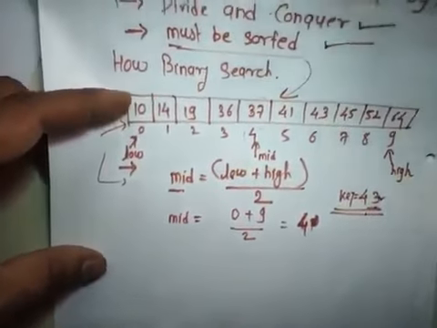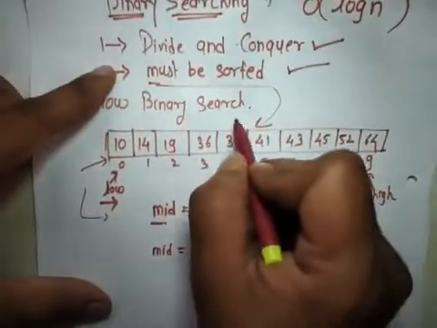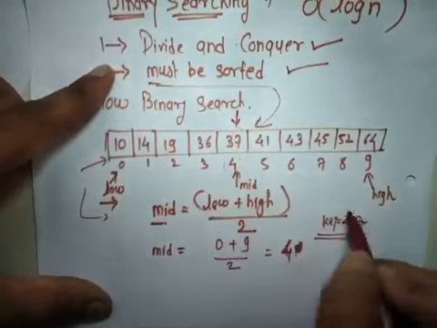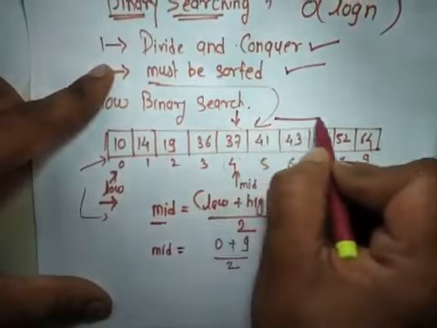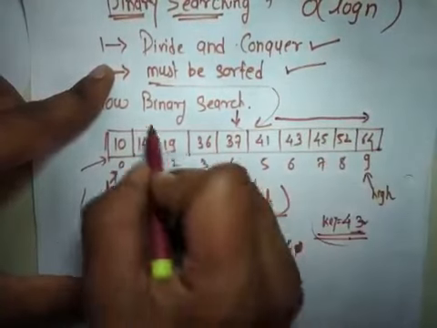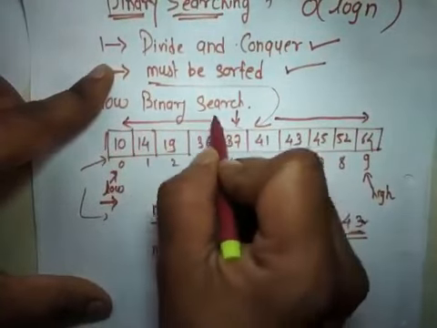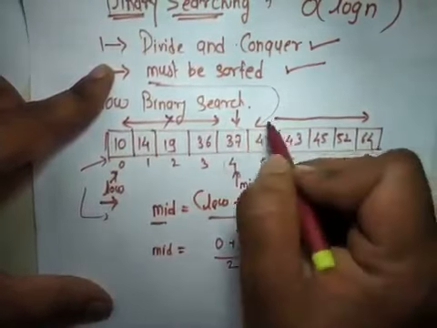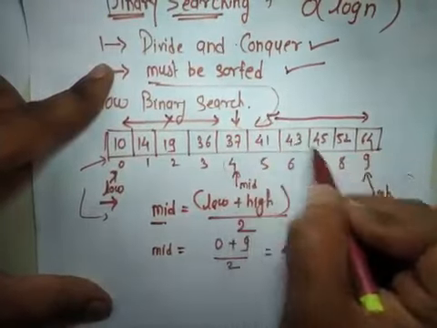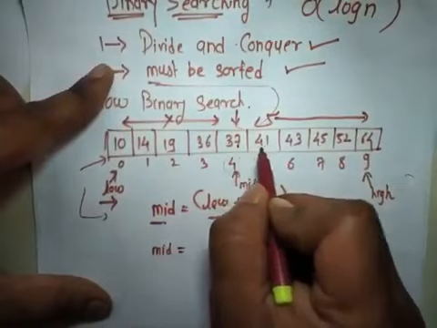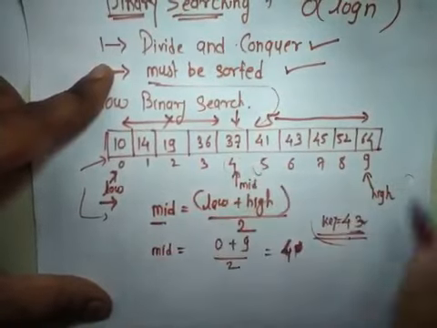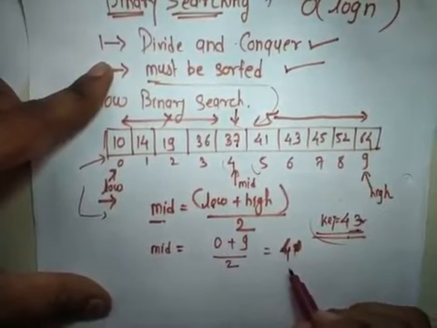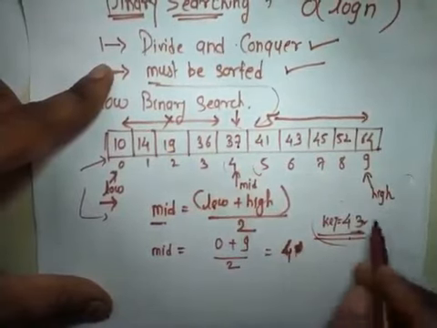So now what we are going to do is cut this: we are going to search for this key in the second half of the array. We are not worrying about this first half. We are only going to search for this key above index number 5. So this is the benefit of sorting. So I sorted this array.